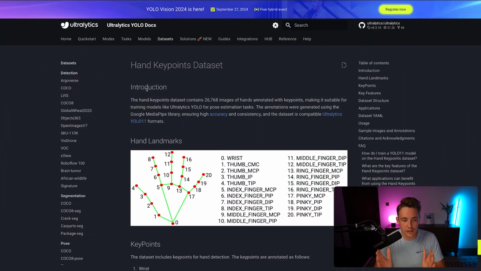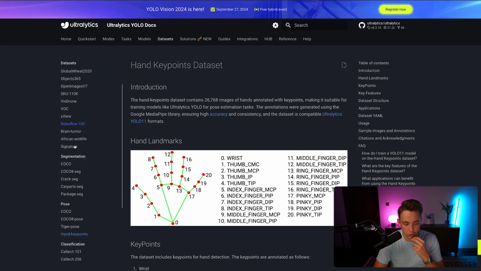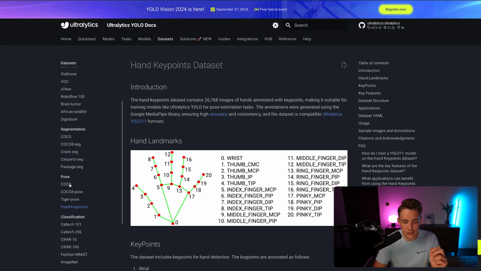So basically we're just going to dive into it. Let's jump straight into the documentation and see how we can set it up and train our own model. So we're just going to jump straight into the Ultralytics documentation. If we go inside the Datasets tab up at the top, we can scroll a bit further down. On pose estimation, we have all these different pose estimation datasets directly you can use out of the box, it will download automatically, and also the new YOLO11 models, they support pose